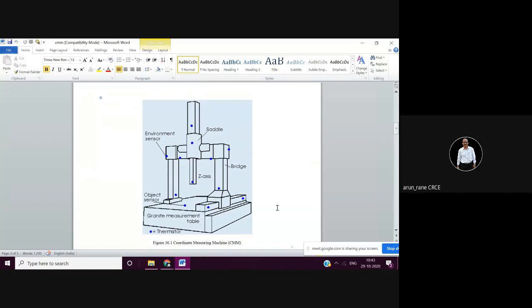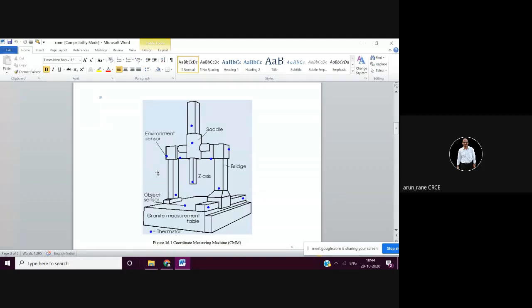Another way is you can do it manually. Suppose the quantity is less, that is very few pieces, and all pieces are different. They are not the same pieces, not repetitive pieces. So in that case, you can do manual inspection. In such a case, it is similar to the way you set your work offset